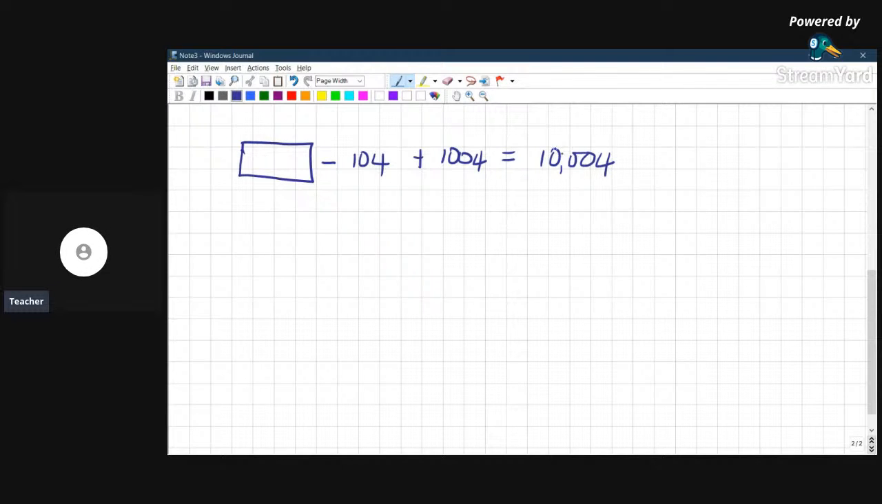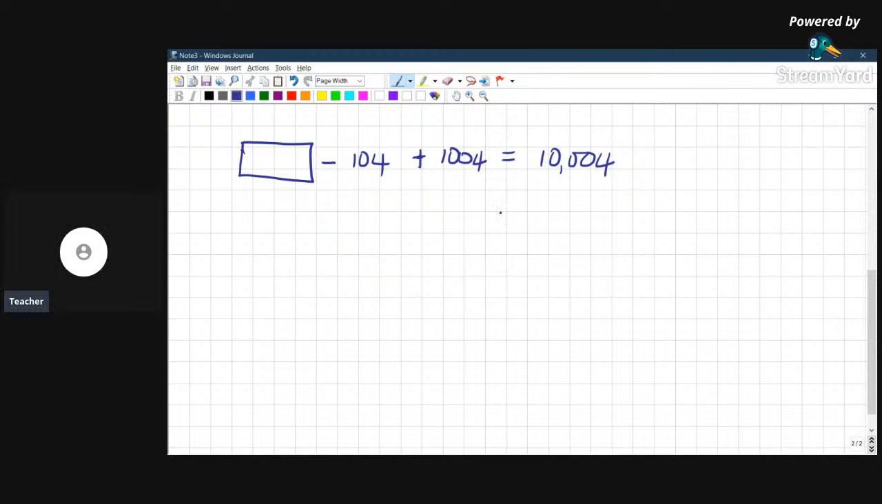So let's say that we wanted to find out what this is. If I wanted to get the box by itself, I'm going to first take away this. And when we were in grade 3, we would have heard that we're going to take this one over the equal sign. And when it goes over the equal sign, it will change the sign. So this will change from a plus to a minus. That's the principle we're working with. All right. So we would have now